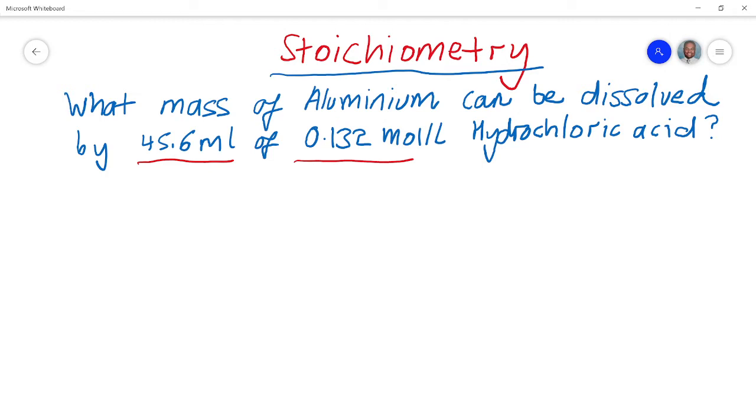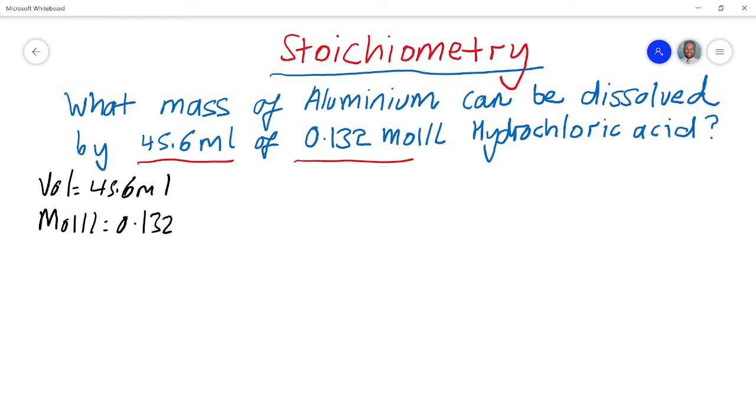You need to write down the chemical equation. You need to write down the appropriate state symbols, and the chemical equation needs to be fully balanced. So you've got to write down the equation, and then we need to see what information is given to us. I'm going to take you through a step-by-step process to solve this question. You can see I've already underlined the important information. We have our volume, which is 45.6 mL, and my molarity is